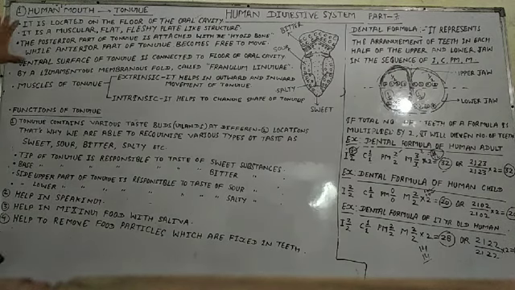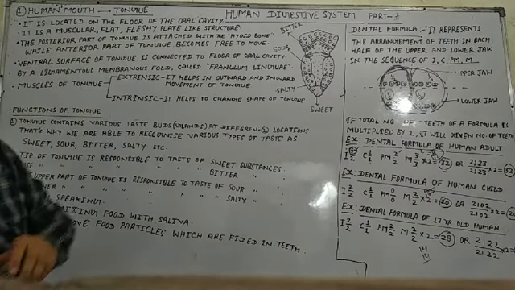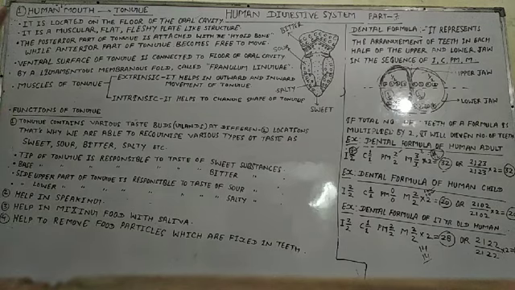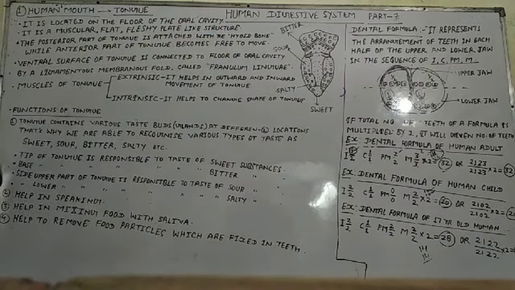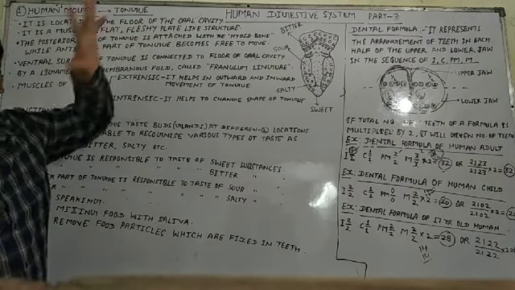Okay, so look here, what is the tongue? It is located on the floor of the oral cavity. Where is it located? On the floor of the oral cavity. This is our complete oral cavity, also known as the buccal cavity. And what is the buccal cavity? The buccal cavity is the hollow space where teeth and other organs like the tongue and salivary glands are found. So the tongue is found on the floor of the oral cavity.